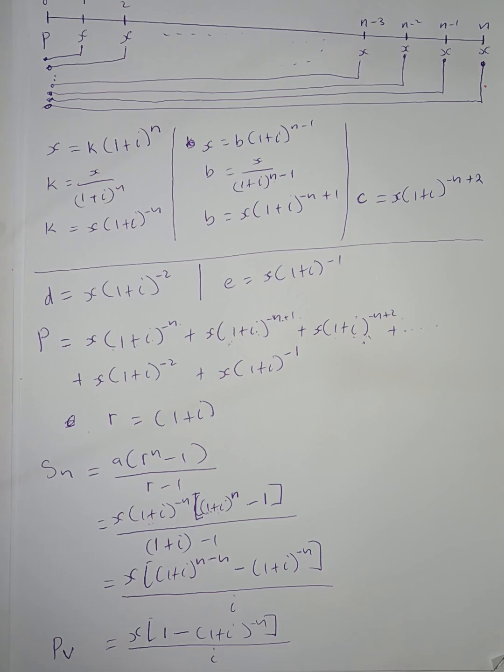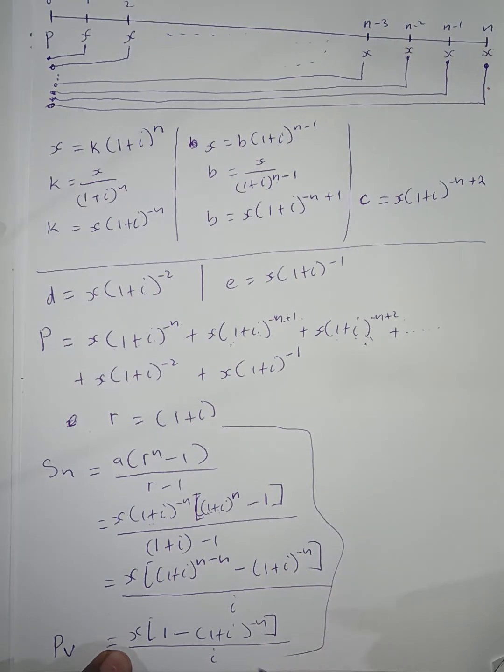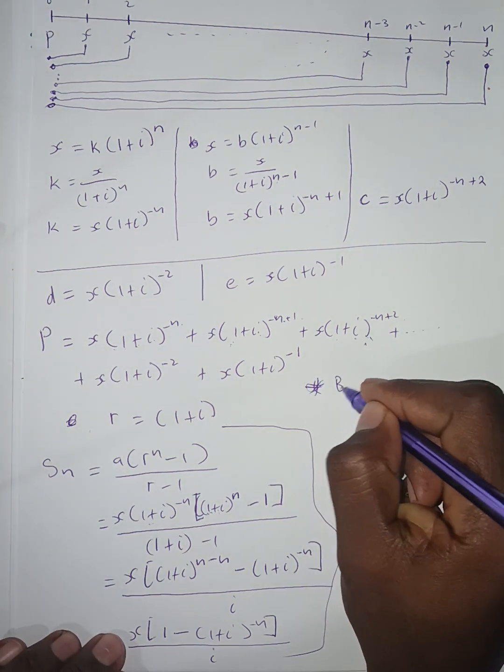Now, one thing that I need you to note about this formula is that built into it is the assumption that the first time period must pass before the first payment is made. So there's a gap between the first payment and the day that the loan is granted. Suppose you grant a loan and they say that you pay monthly payments. You grant a loan at T0 and you'll be expected to pay at the end of the first month. So built into this formula